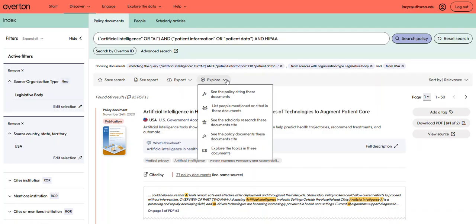For example, you can find policies that cite the search results. You can find policies that are cited by the search results. You can find scholarly publications cited by the search results. You can find people mentioned or cited by the search results, and explore a topic map based on the search